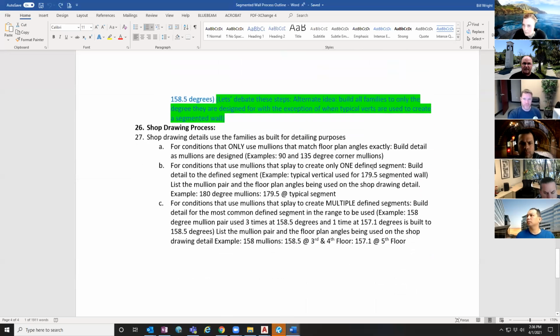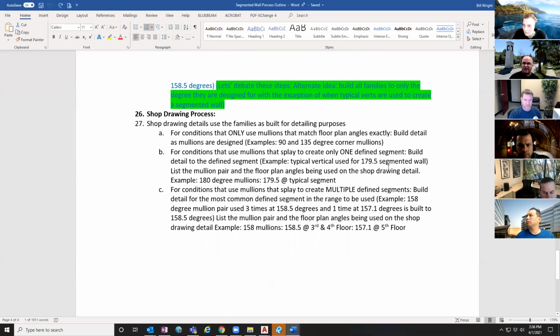So with that in mind, we would next move into the shop drawing process. The shop drawing details use the families as built in order to create the details. And again, it's got similar guidelines for conditions that use the mullions that only match the floor plan exactly. Then you build the details as the mullions are designed. For these conditions that you have that one defined segment, then you would build the detail to that